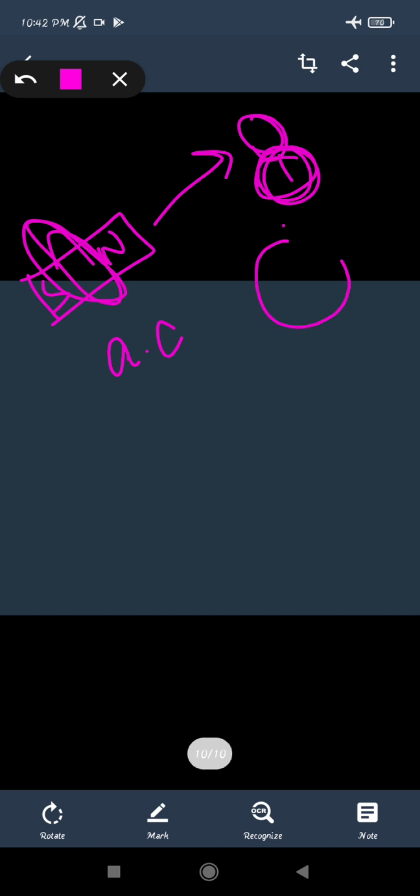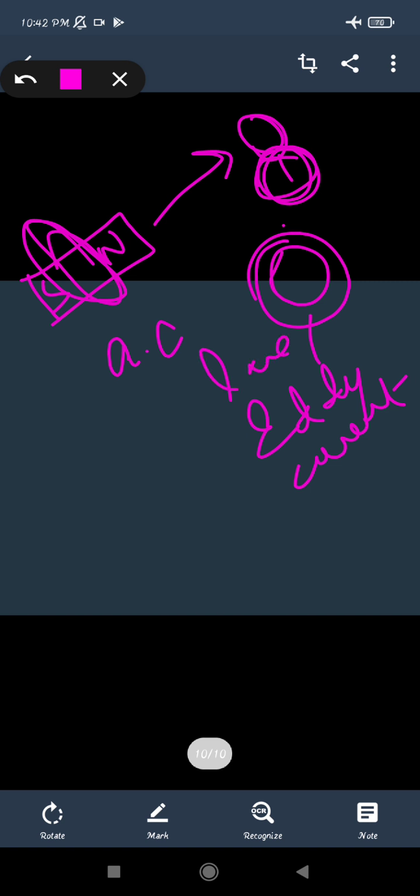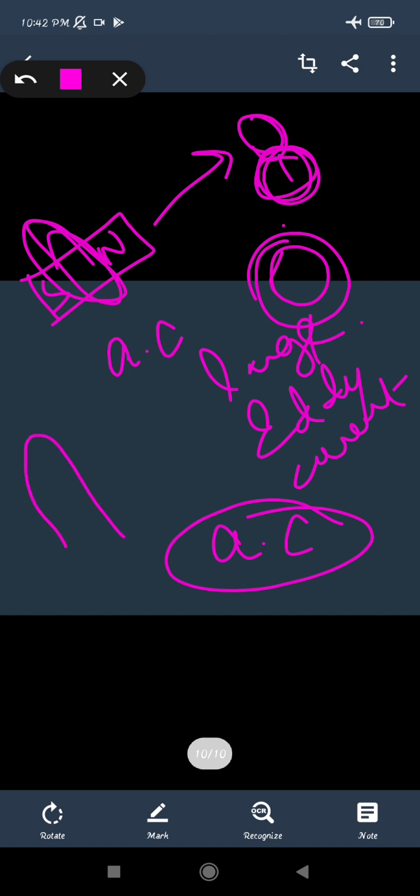So whenever a metal conductor is taken and a changing magnetic field is applied to it, current will be induced in the closed path. This induced current in the closed path is taken as eddy current. A very large eddy current will flow in the metal, and this large eddy current will produce high frequency AC. That is, AC changes in magnitude and direction. So this AC will have a high frequency, so high frequency EMF will be generated.